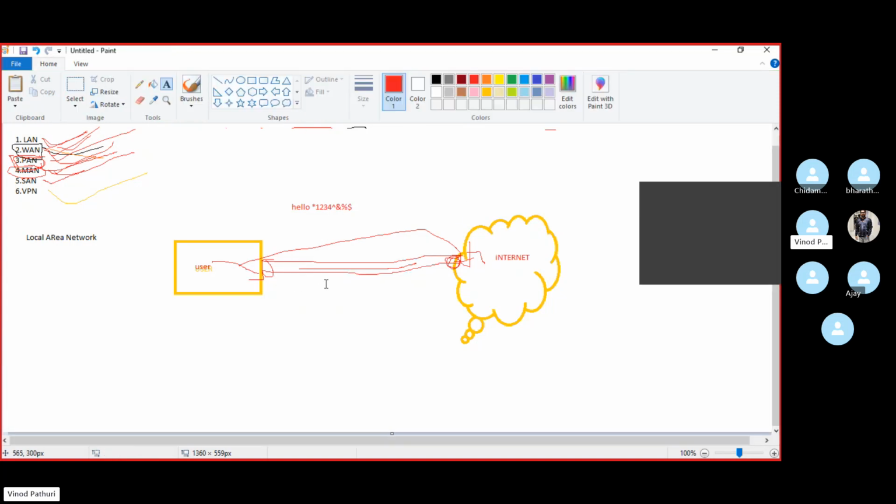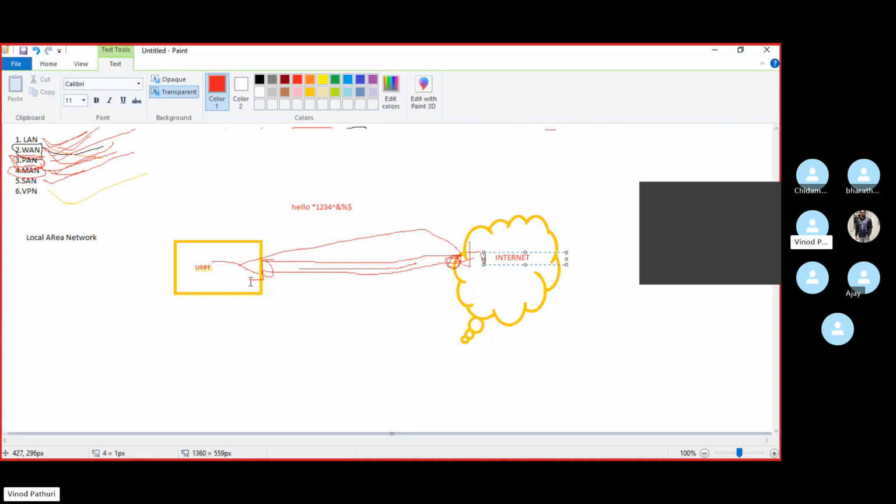So this is the VPN, and we create a secure tunnel between you and the destination, or between your two branches, or between you and the internet. So no one can see your data or what you are doing. Whenever you enter the tunnel, your data will be encrypted, and once it reaches the destination, it will be decrypted. While going through the tunnel, it will look like this, and once it reaches the destination, it will show as hello, because the user needs to understand it, right?